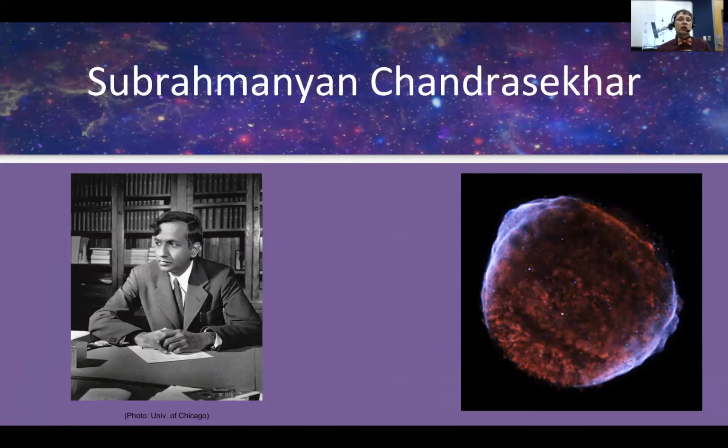Chandrasekhar was an astrophysicist originally from British India, which is in the area which is now Pakistan. He did some work at Cambridge, eventually came to the United States out at the University of Chicago. And he actually calculated that limit of when a star would go supernova at the age of 19. And then he continued doing a lot more amazing work in lots of different areas of astrophysics throughout his life. You can see a picture of him there. I think that's another supernova remnant that I've got hanging out there on the right.